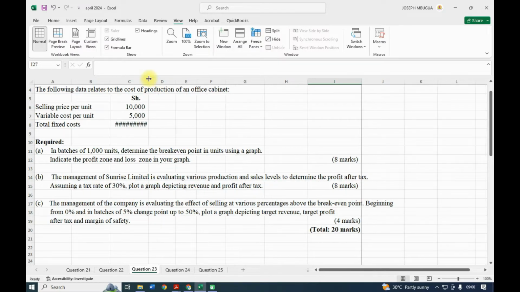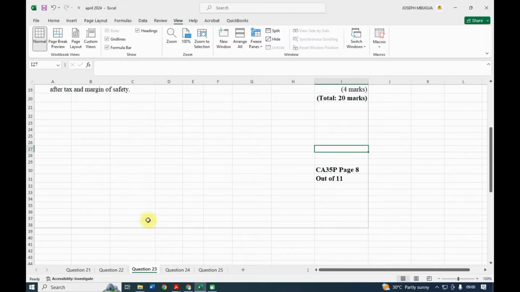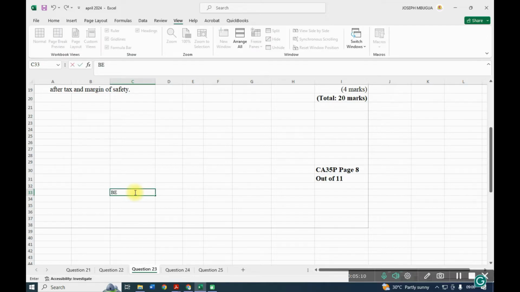So we know how to calculate the break-even point, which in short we normally call the BEP. BEP equals, the shorter formula, fixed cost divided by contribution margin. That is the shorter formula of calculating. And when you talk about the contribution margin,